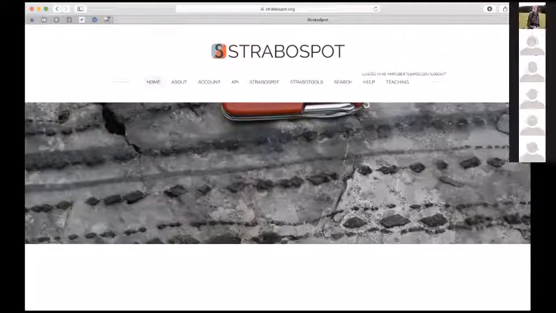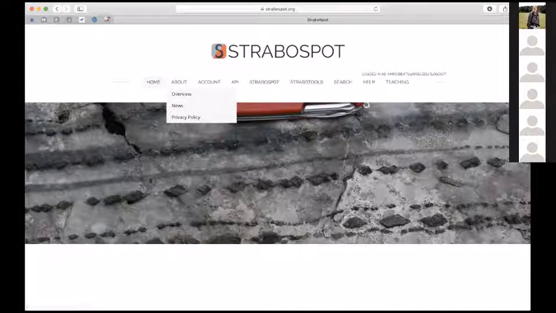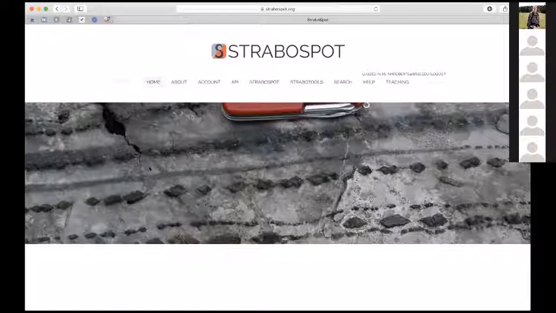So I am Nick Roberts. I'm a postdoc at University of Wisconsin. And hopefully you can see my screen at this point. Yep. So Doug went over some external tools, he went over Mapwarper, which is an external tool to get and georeference a map. We've built a tool that's within StraboSpot. If you have GeoTIFFs, which is one of the common ways to download things from the USGS, in a GeoTIFF format. So that's a raster image that already has georeferenced data. And so I'm just going to show you quickly how that works.